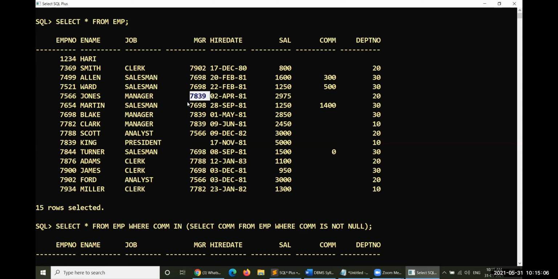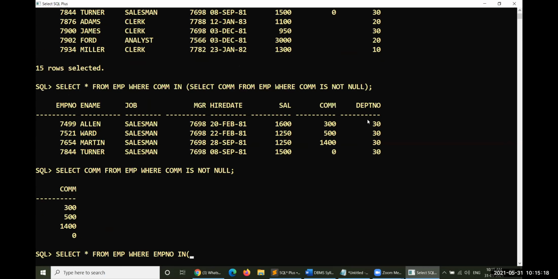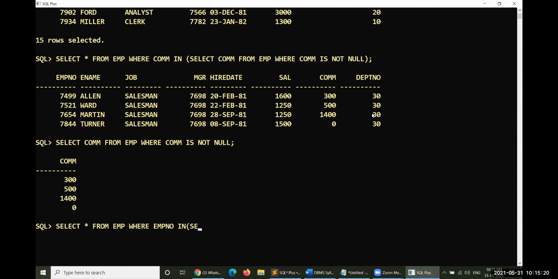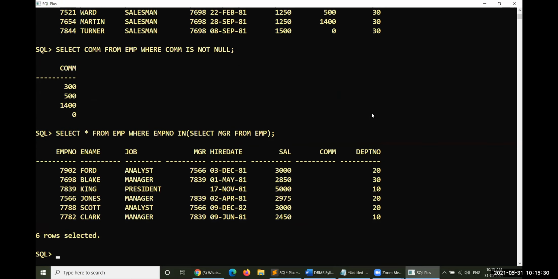Those people work under a particular manager. Who does not have any manager number, like the president and what we have entered manually, these two fellows do not have any managers. So therefore, in, select MGR from EMP. If you take something like this, what is this?